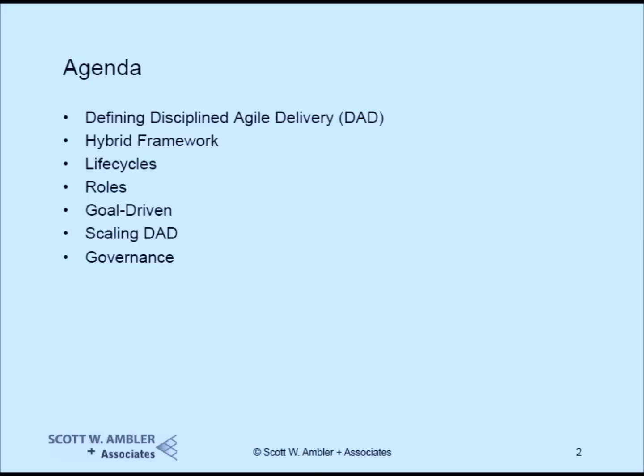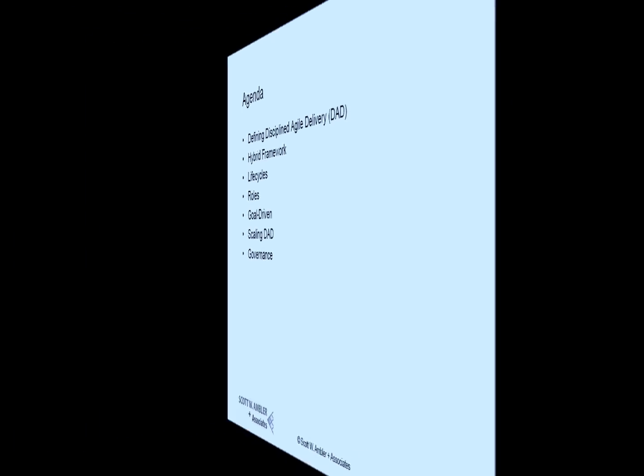One of the key messages here today is that Disciplined Agile Delivery is pretty much the foundation from which you're going to scale Agile. I think a lot of organizations have been struggling a bit to scale Agile effectively, and I think it's because they haven't looked at the full picture. So I'll hopefully walk you through what that picture should look like and convince you that this is something you should be interested in. And I'll end up with one of the dirty words in the Agile community, governance. I'll talk a little bit about governance and why it's important and how it's built right into DAD.